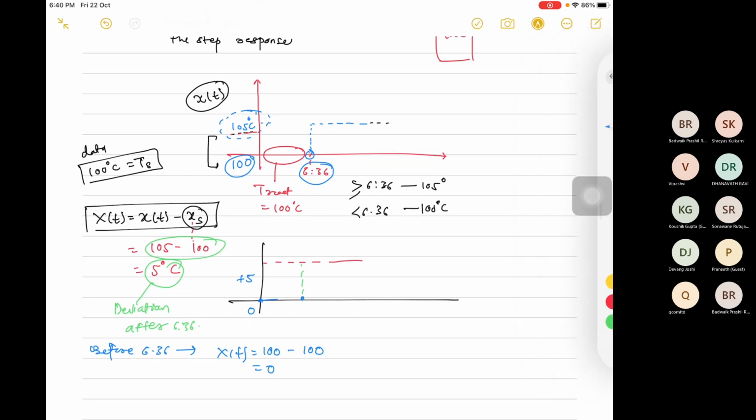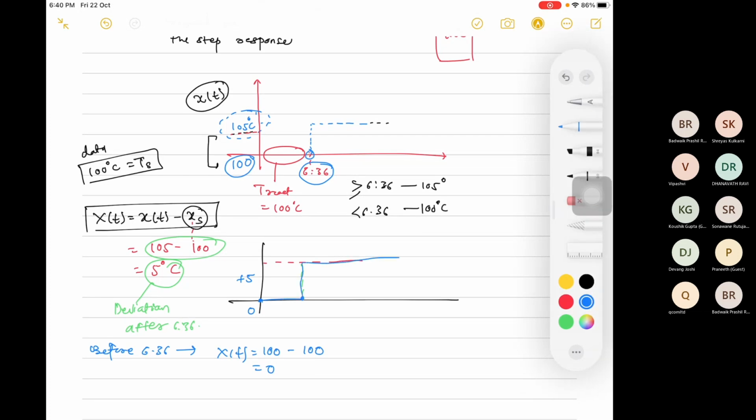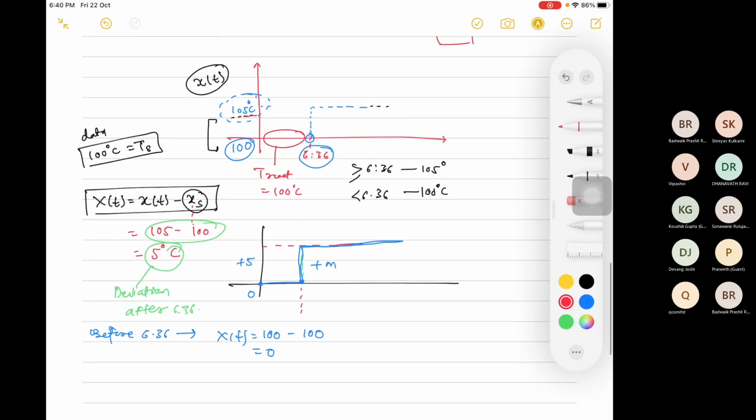Okay, so from here it is like this. So this is what is a step injection of plus m magnitude. So will it always be an increase? No, there can be conditions or chances where the step change is negative or the ramp response is negative. So this kind of system may also be there where there will be a negative change. Okay, so this is one of the examples.